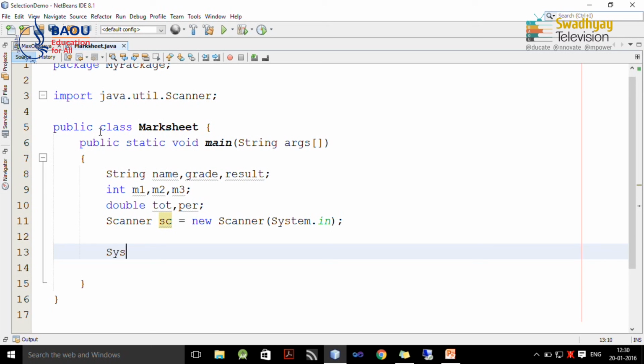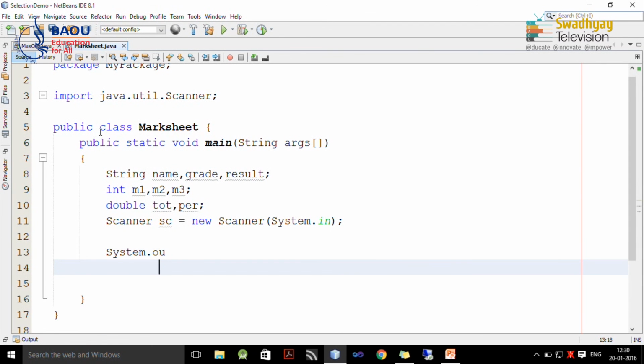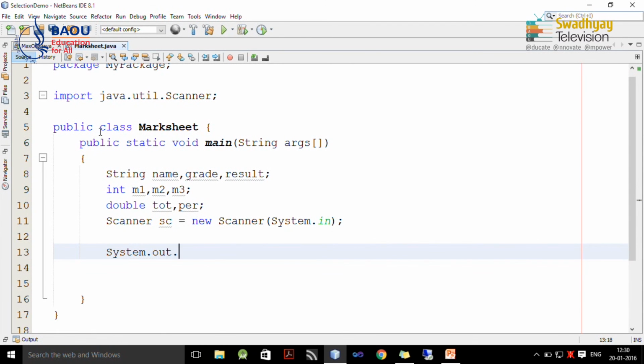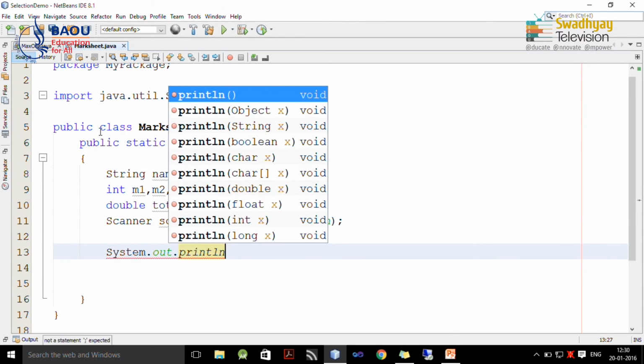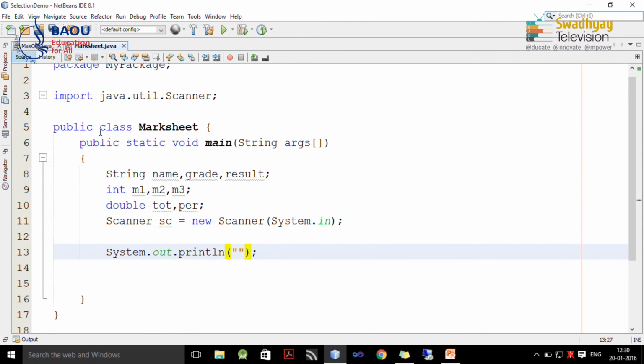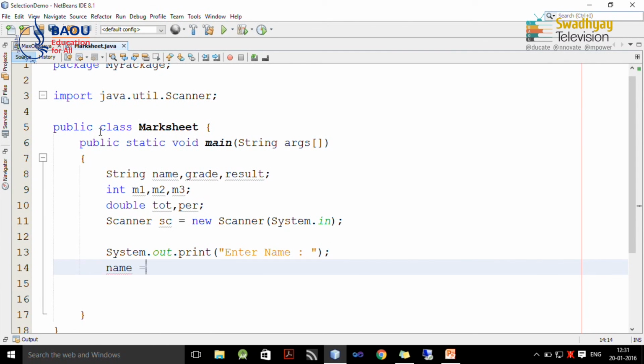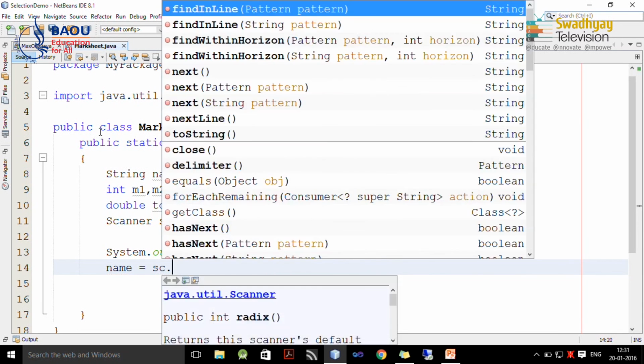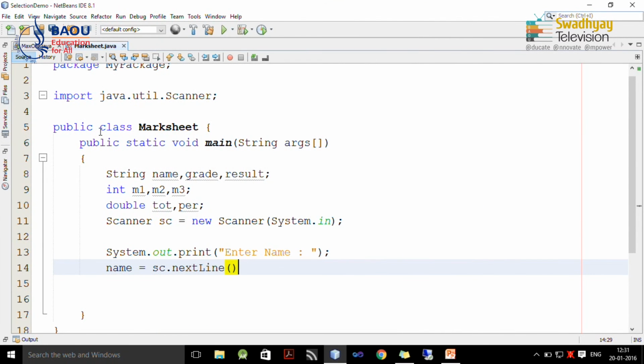So we start by prompting user to enter name, and inside name we read name. I can copy this.